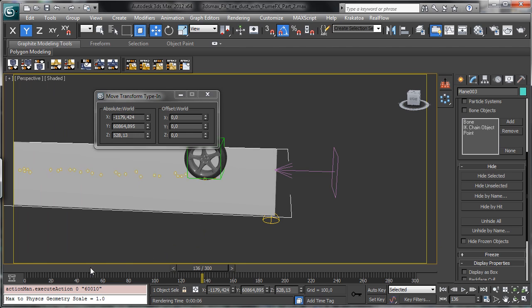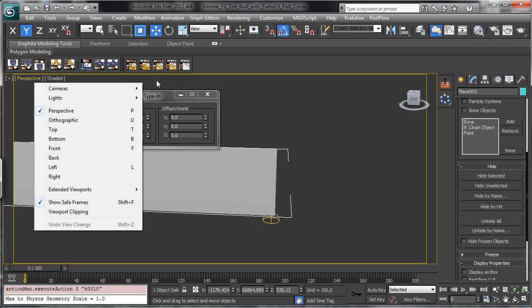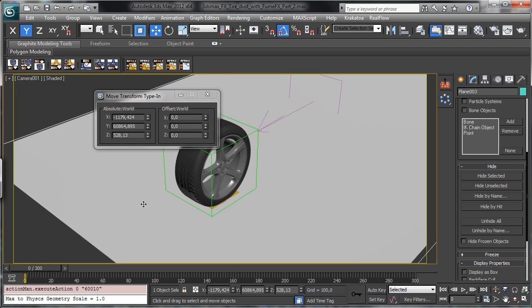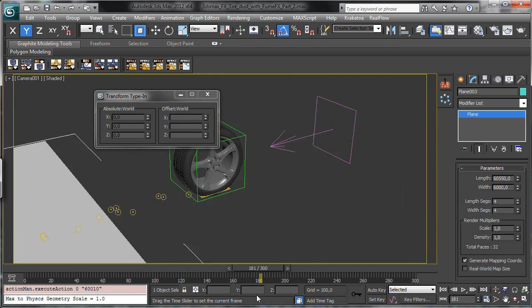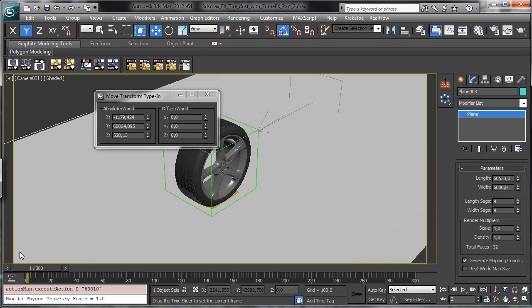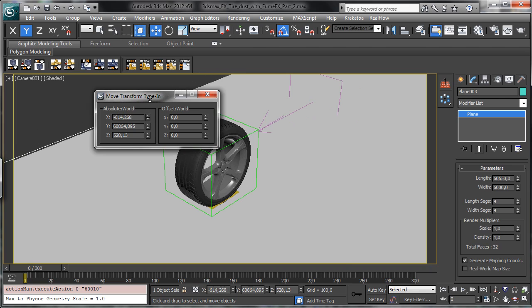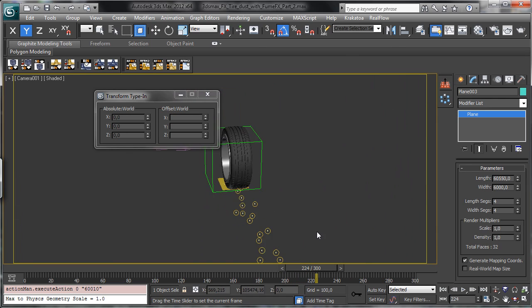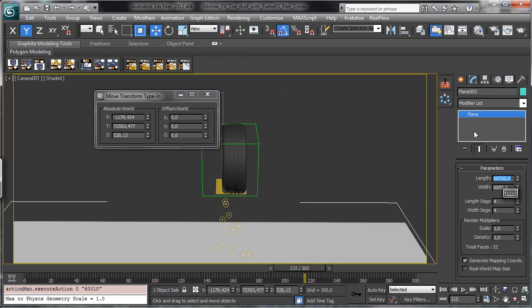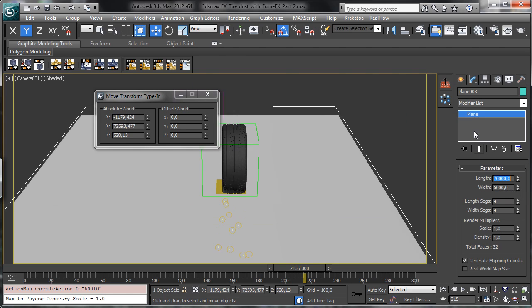So let's go there for the perspective, or before we can go in the camera again, and we have the road there, so we need to make it longer, and let's see if it is enough. It is not enough, but we can move it, sorry, over the y-axis. And we can move it a little bit, because you see we don't need so much there, and it's not enough. Let's try with 70,000,